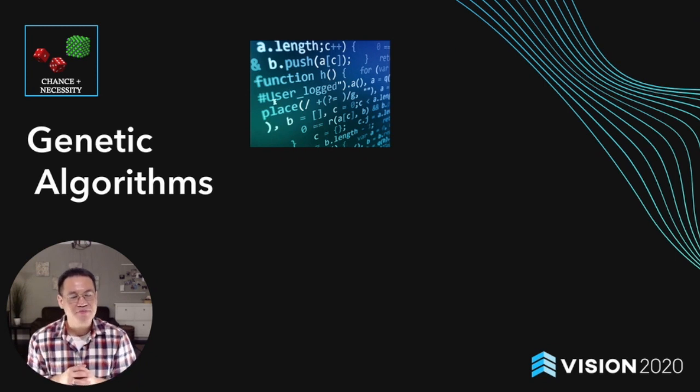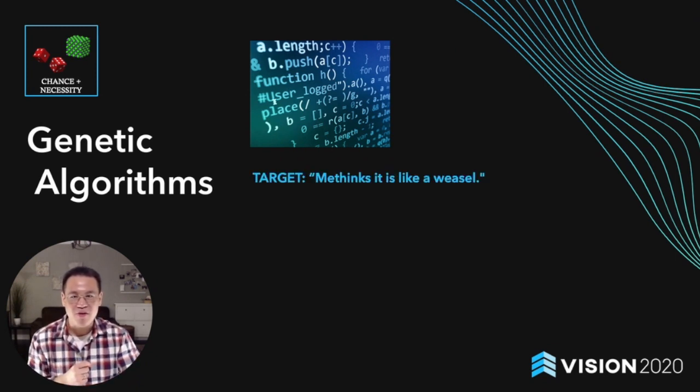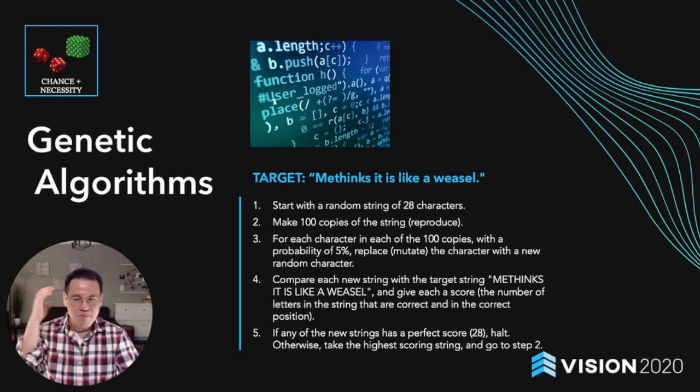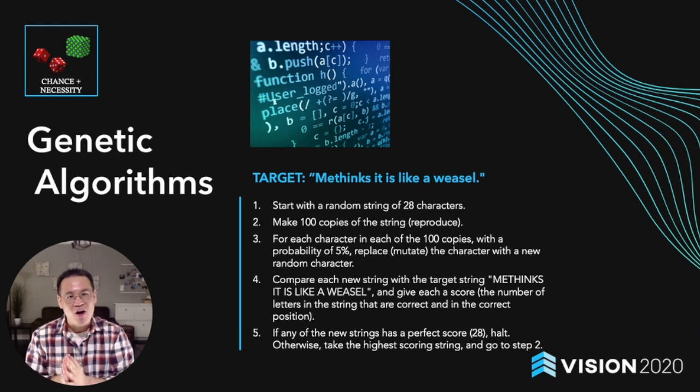And how did they do that? Well, they provided this computer program with a target sequence from Shakespeare: "Methinks it is like a weasel." And this is to simulate a desired functional protein. Then the program went through a whole series of steps that I put here, but basically it generated sequences of the same length, 28 characters, made 100 copies, and then mutated all the different